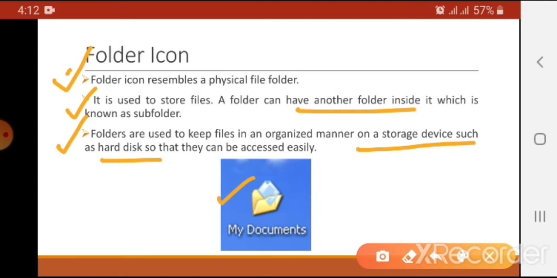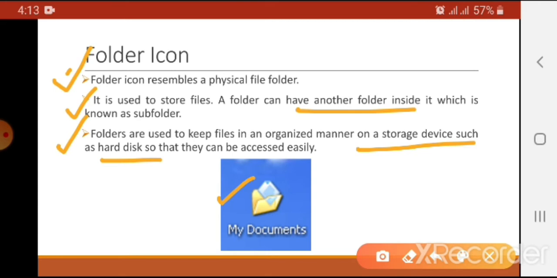What will be its advantage? It will be easy for us to find the files when they are needed. In this way we can better organize our data in the computer.